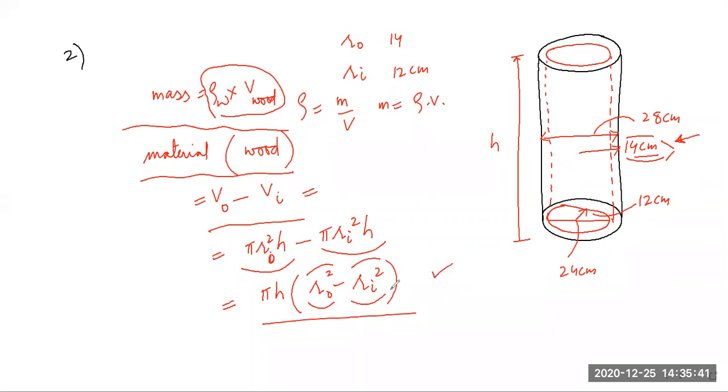From here, after finding volume, find the mass of pipe. Okay, so the density is given. It's given that 1 centimeter cube wood has a mass of 0.6 gram. So you can find out all this. Yes, students, you should complete the second sum and tell me the answer. I will not be doing the calculation.